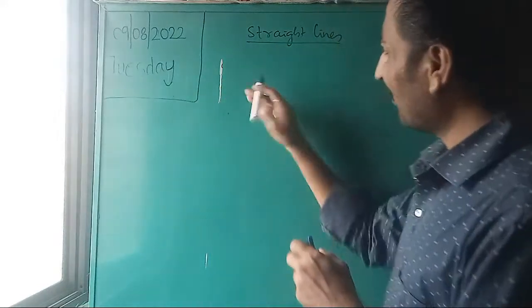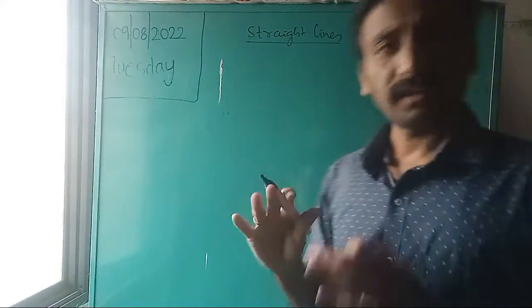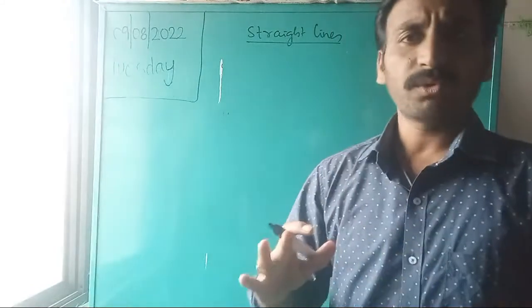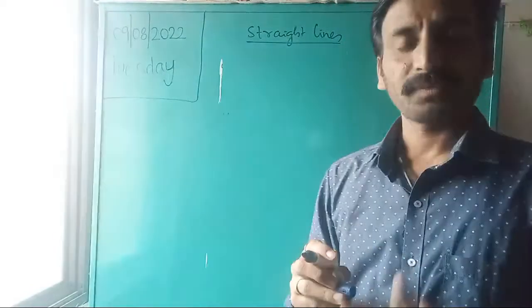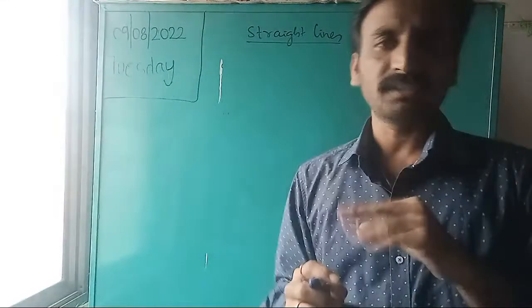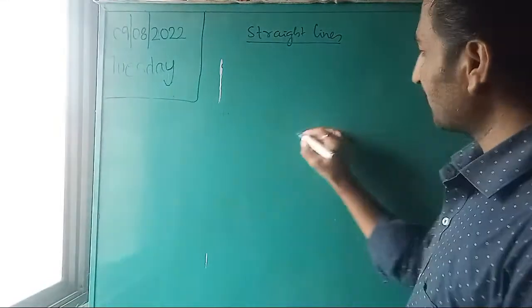The line may be anywhere else in the plane, correct? Anywhere else in the plane. So it doesn't mean that all lines' equations will be the same. So for that, first what we have to do is, let us take a fixed